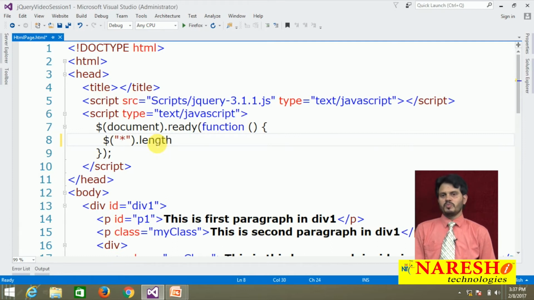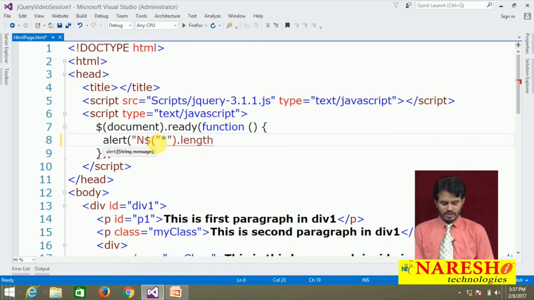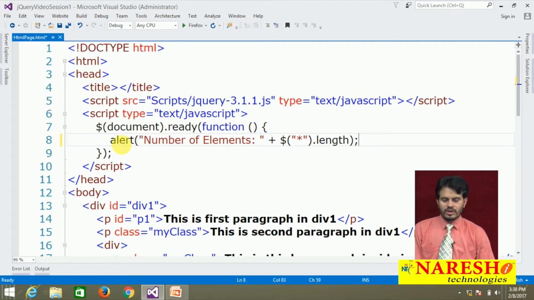This length must be displayed in the alert box. So here I am using the JavaScript alert function, and I just want to give one message, "number of elements", plus $star.length. So using the JavaScript alert function with the number of elements text, we are going to concatenate